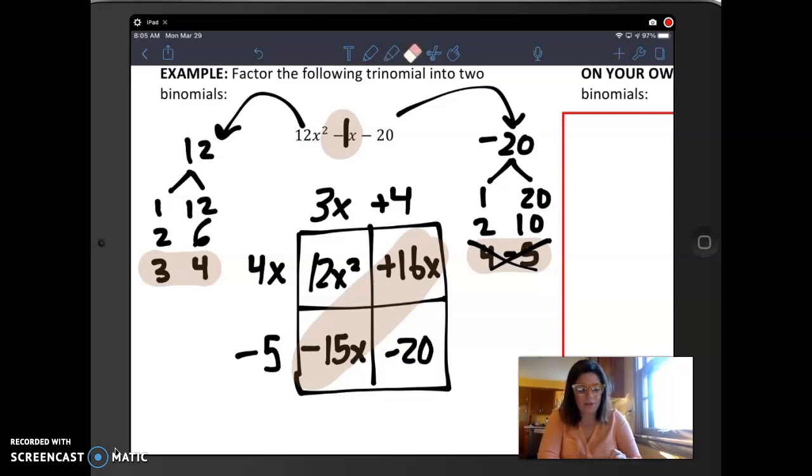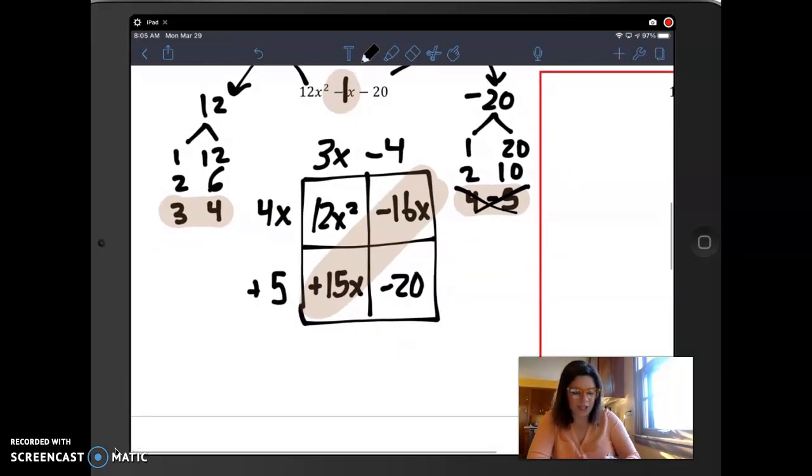So all we have to do is just switch the negative to be on the 4 and the positive to be on the 5, that will make this a positive 15, and it'll change this to a negative 16. And now when I add the diagonals together, we get a negative 1. So we found our answer, which is nice. We didn't have to do too many guess and checks. However, we might have had to go through and try,